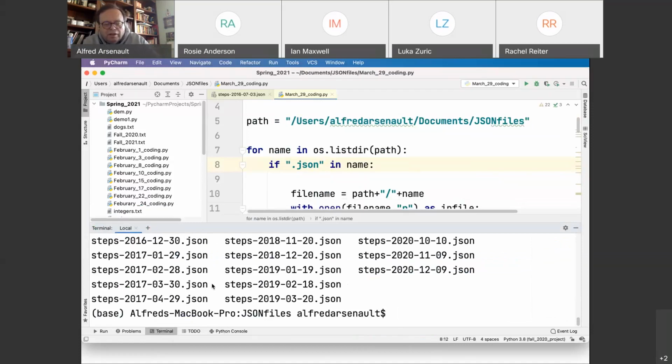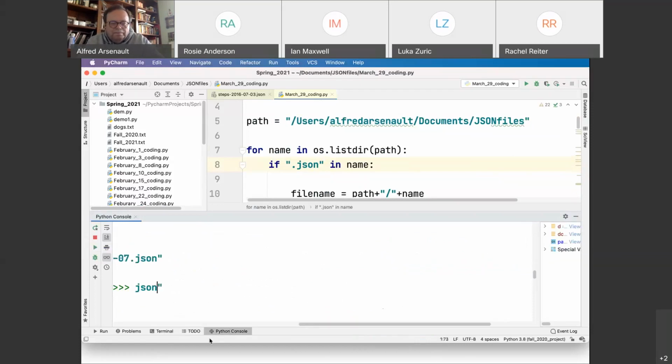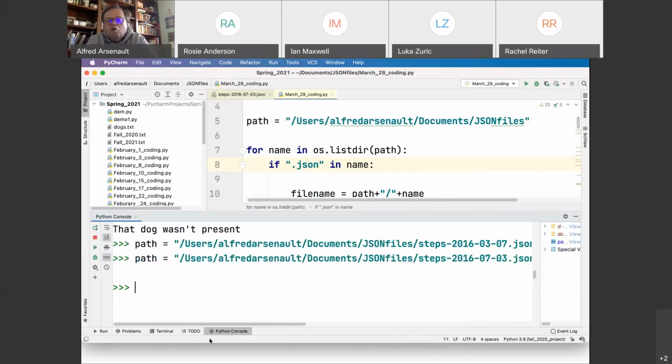Steps-2016-0703. Okay, let's fix that. It's 0703. There we go. Now, let's open that file with open